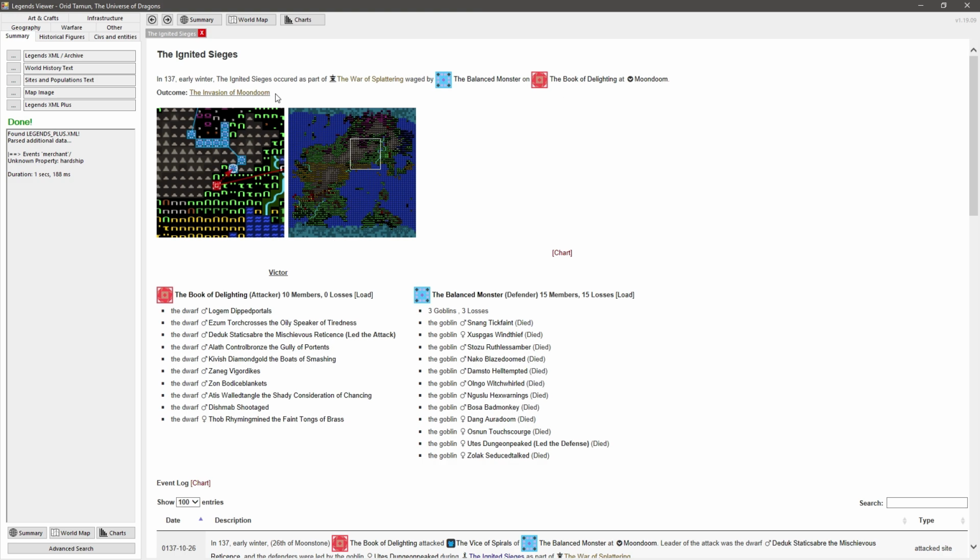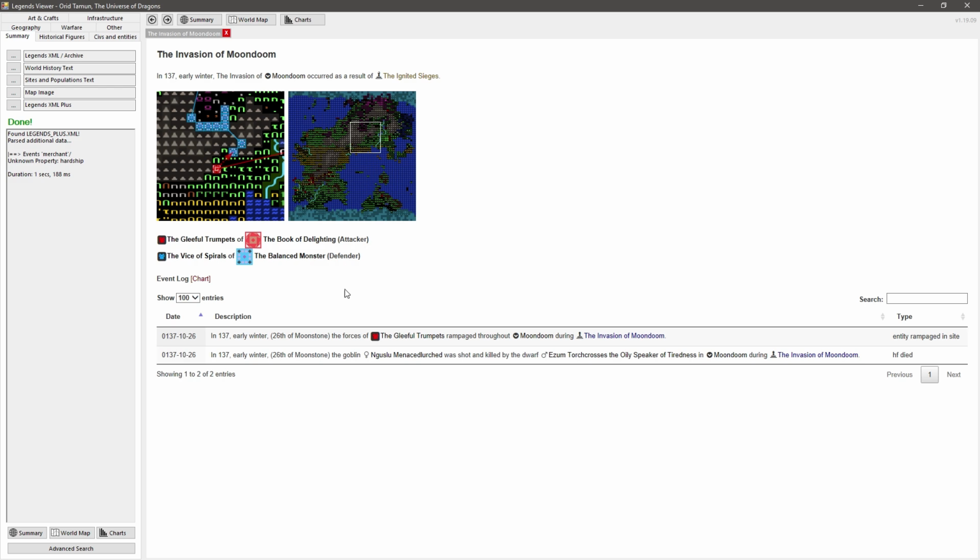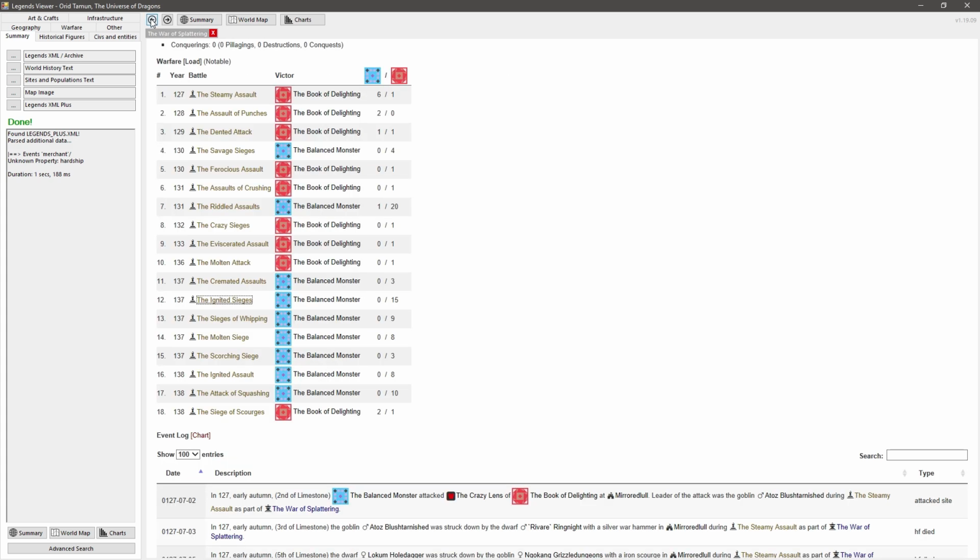But I think these are the ones where we went and Moon Doom. Yeah, we completely did that. Invasion of Moon Doom. As a result of the ignited sieges, gotten killed by the dwarf. I'm not sure why those are showing up as Book or the balanced monster wins. So, like I said, I guess the only thing I'm thinking is that perhaps it's flip-flopped, because it looks like,